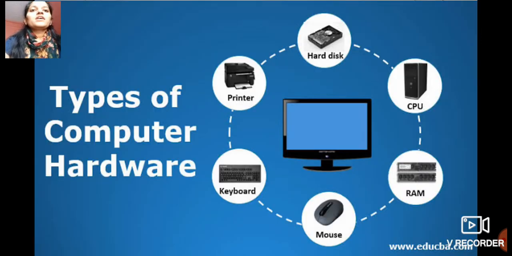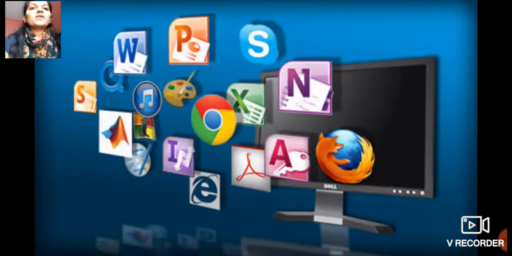Yes, we have seen about the different types of computer hardware also, right? Now we have seen two types, that is software and hardware. Okay, so these applications indicate software. These are computer software, as we cannot touch them. Okay,